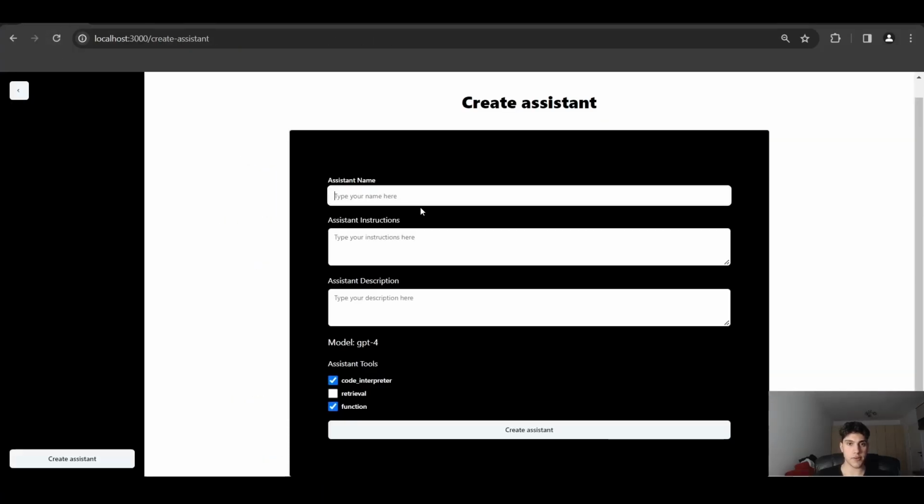And now if I'm gonna put here the name of my assistant, let's say Candy Worker, you are an expert in sweets. Alright, and the description is gonna be the same. We need to have code interpreter and retrieval. And now if I'm gonna create the assistant,